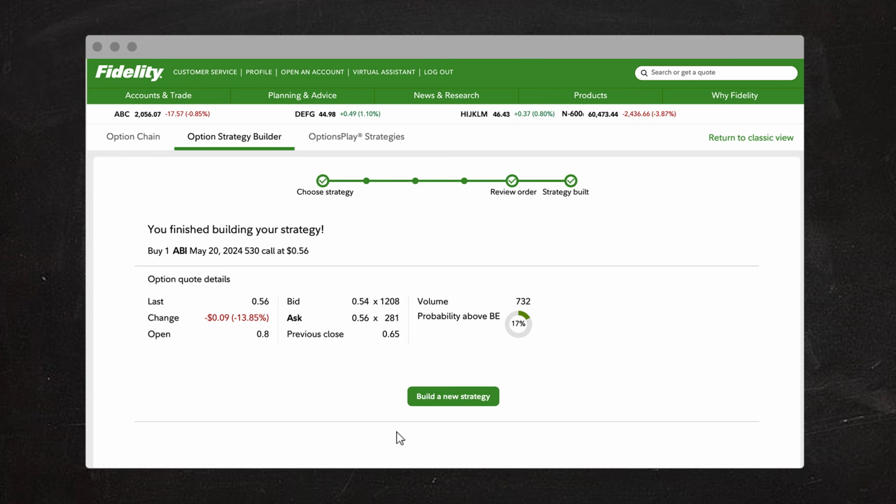After you've placed your order, you'll receive a confirmation screen displaying the order status, along with quick links to any other orders you placed or your current investment holdings. And you'll also find links to resources to help continue your options education or plan your next trade, like a profit and loss calculator and a probability calculator. So that's the process for placing an options trade at Fidelity. Once that order has been filled, you can find your options position on the options summary page. And be sure to keep an eye out for all kinds of Fidelity resources to help you learn more about options and build your trading confidence.